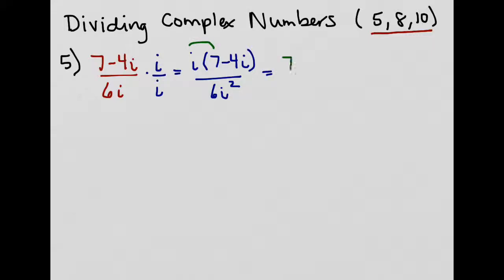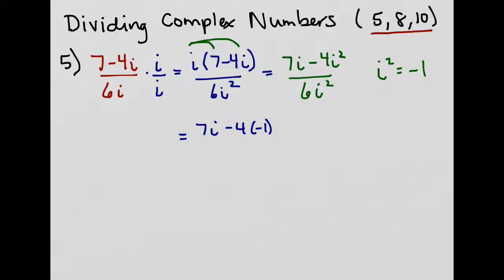i times 7 is 7i. i times negative 4 is negative 4i squared. And then on the bottom we still have 6i squared. Then you'll recall that i squared equals negative 1. So wherever we see i squared, we can go ahead and substitute in negative 1. So I'm going to have 7i minus 4 times negative 1 over 6 times negative 1. That's going to give me 7i minus a negative 4, which is going to be plus 4,